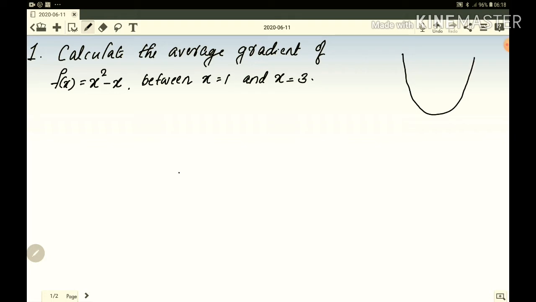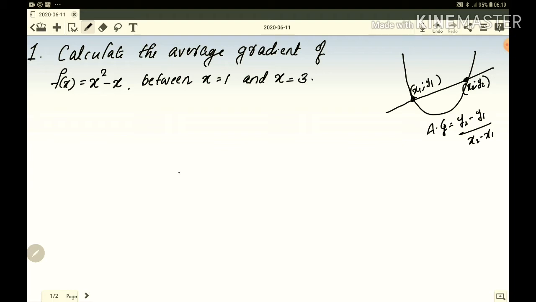See, I'm just drawing a curve, parabola, and we need 2 points definitely for calculating average gradient. And this average gradient is same as gradient of a straight line passing through the very same 2 points. So what we need, those 2 points. So let me write this point is x1, y1, and this point is x2, y2. So the average gradient, we can just use the formula for gradient, change in y, that is y2 minus y1 divided by x2 minus x1. So in general, for calculating average gradient, we need 2 points on that curve.